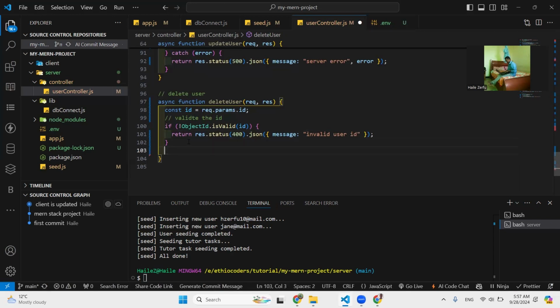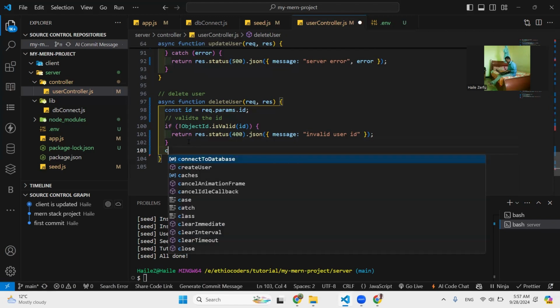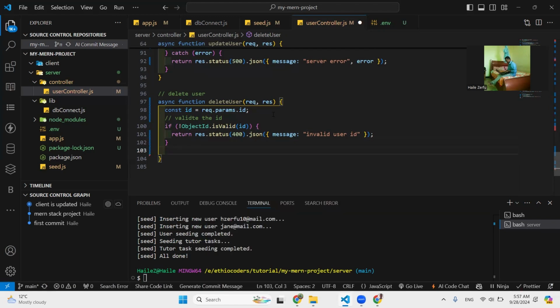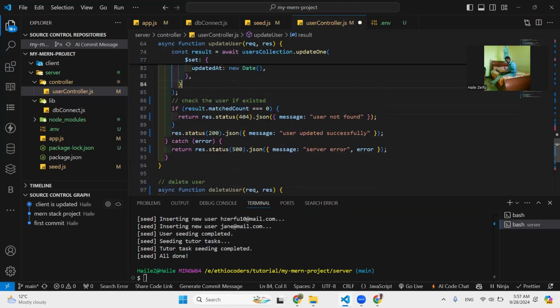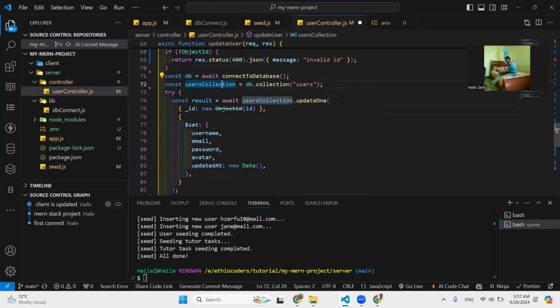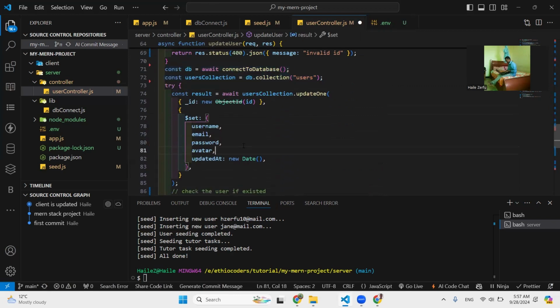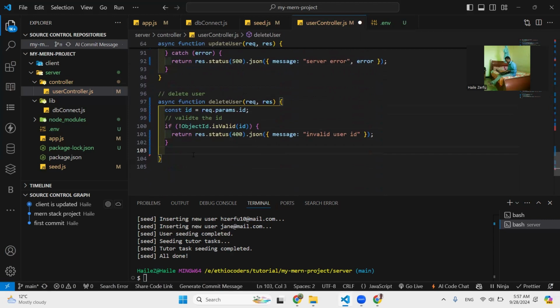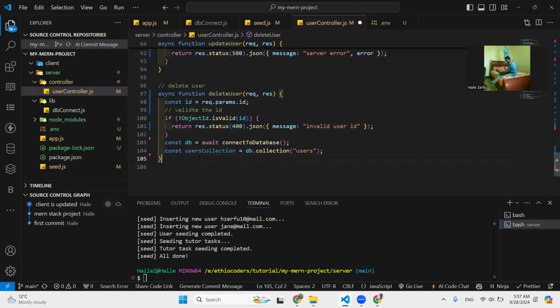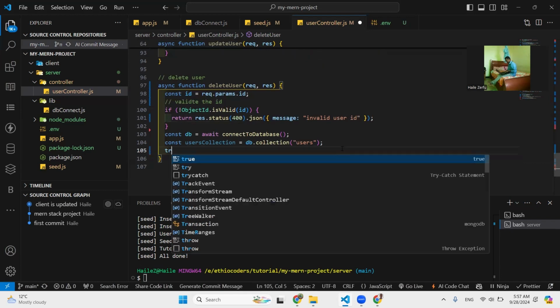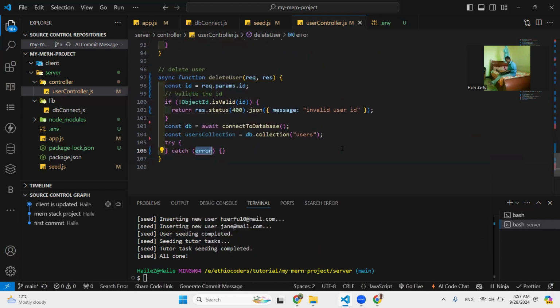What about the next? Const DB. We can bring that up because all is the same. These are both the same. We can mix because it will fetch from the same database. Then we use try catch function. Inside the try catch function,